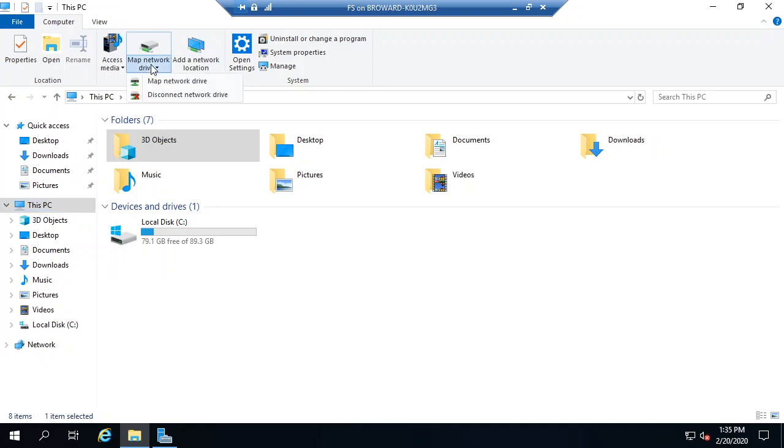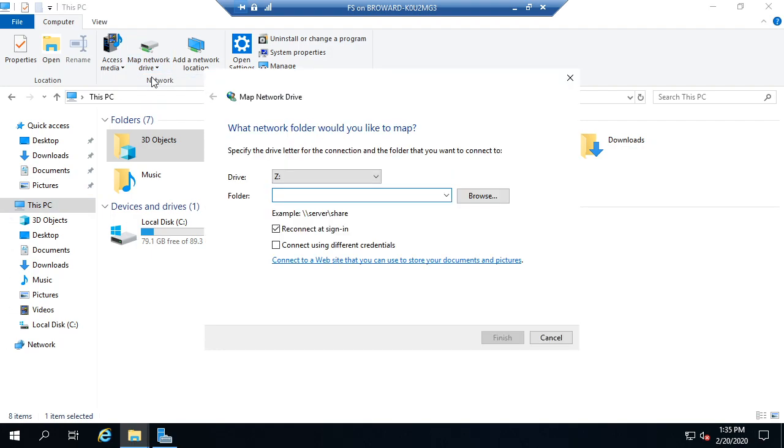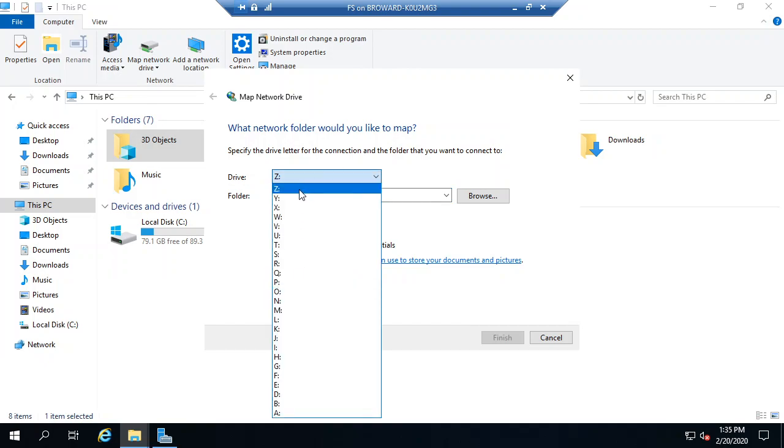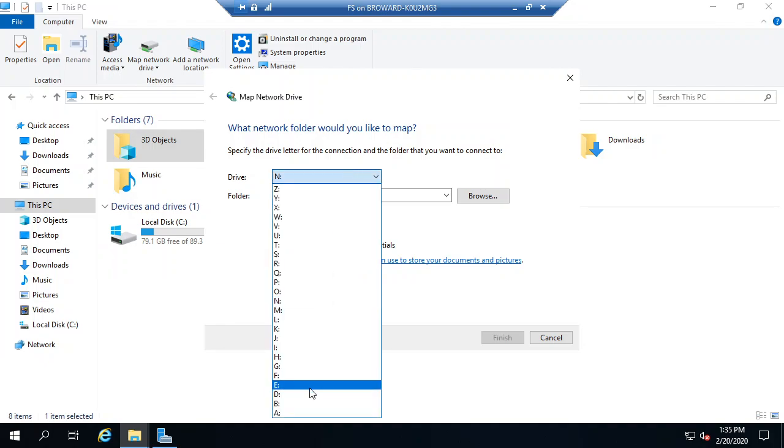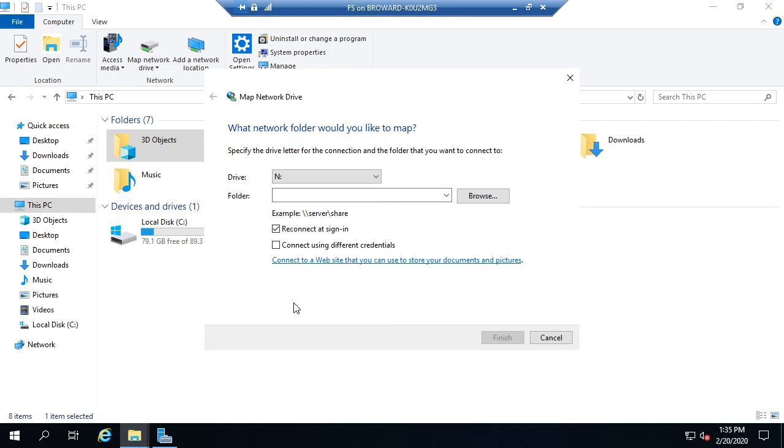So click on Map Network Drive. Starting with Z, going backwards, are the available drive letters. You can give it any drive letter you want, like N for network share or whatever. Try to avoid using D, E, F, and things like that, because if someone sticks in a thumb drive, they might be using it. So try to avoid these lower letters. So I'm just going to choose N. And then I'm going to put in